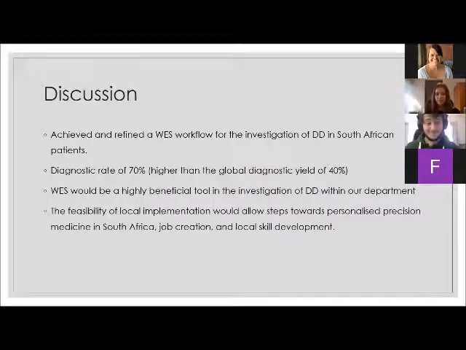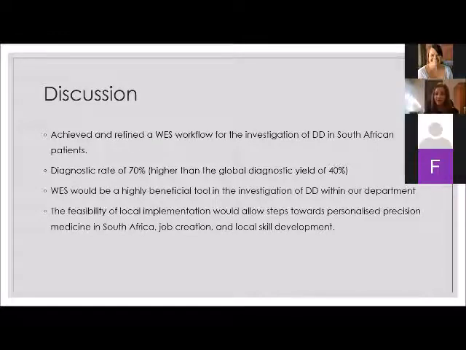So through this project, we achieved and refined a whole exome sequencing workflow for the investigation of DD in South African patients. We obtained a diagnostic rate of 70%, which is much higher than the global diagnostic rate of 40%. However, our samples were enriched with well-defined clinical phenotypes, which better led our investigation. And should the test be implemented in the local setting, we would then expect the diagnostic rate to drop to